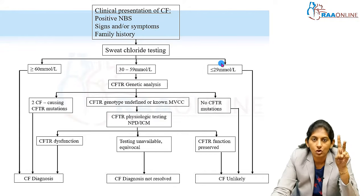Do the genetic analysis also, because I told you sweat chloride can give false negatives in certain conditions, right? So for false negatives, we do a genetic test and then we can rule out. So this is the overall approach to any child with